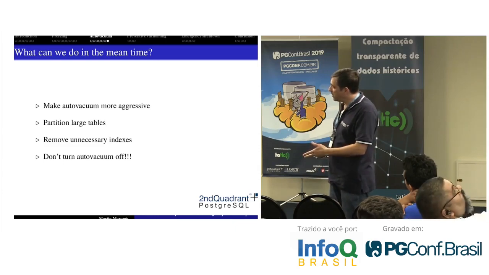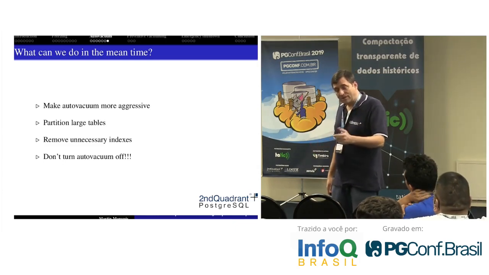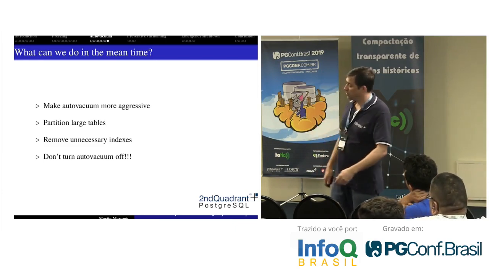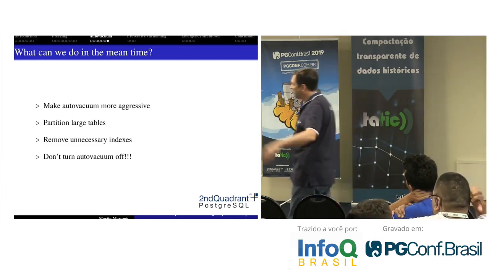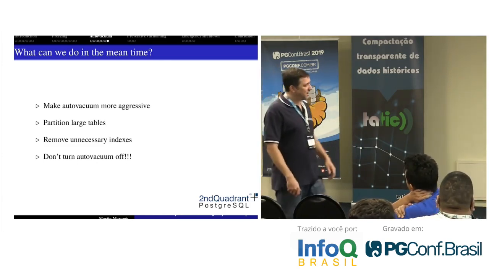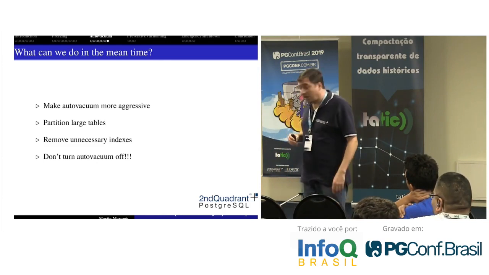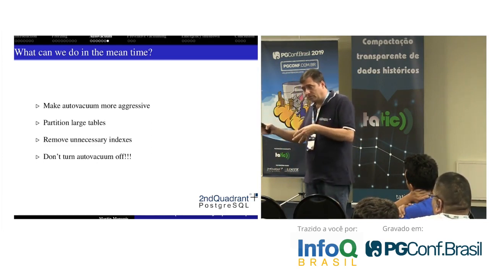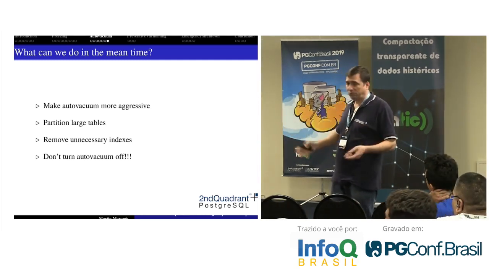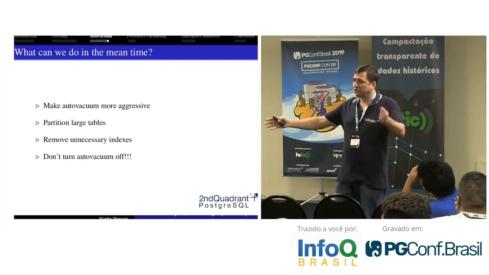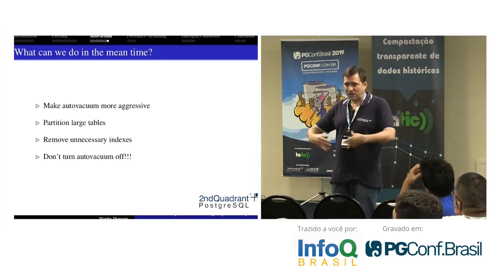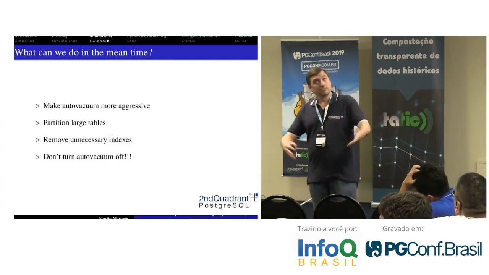So we can partition. With the new partitioning that we have since Postgres 10, which is much better in Postgres 11 and will be even better in Postgres 12, we can actually have smaller tables, which are partitions of the bigger one. So if we had 500 gigabytes, we can build partitions and have 50 child tables, each of